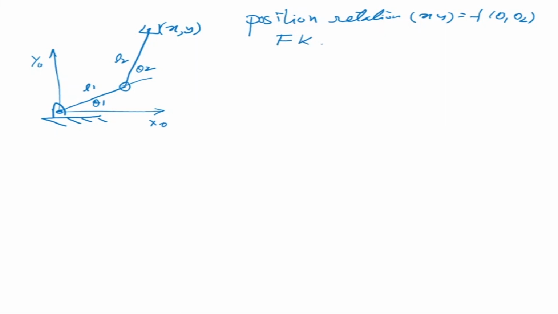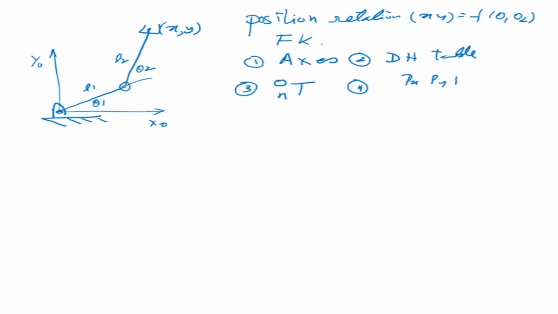Now the procedure is, obviously, you have to make your DH parameter table. Number 1 is assign axes, then number 2 is make the DH table, then from the DH table make your total transformation matrix from 0 to n, then number 4 is find the px, py, pz, that is the distance between all the origins. Okay, now we know how to do that. I have done it in the last class, and the last two classes I've been doing this, so I'll write it straight here.